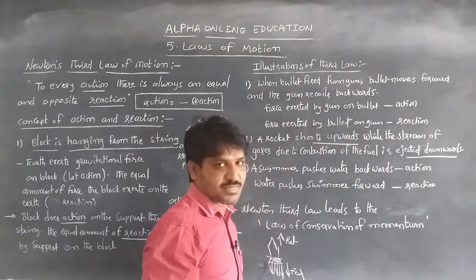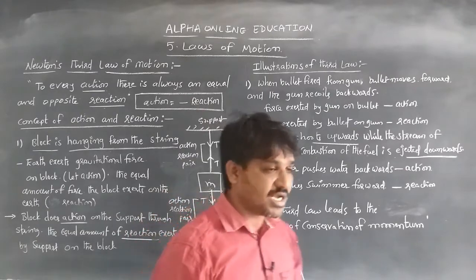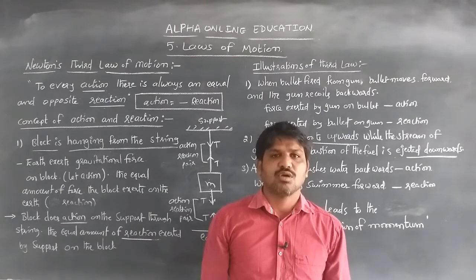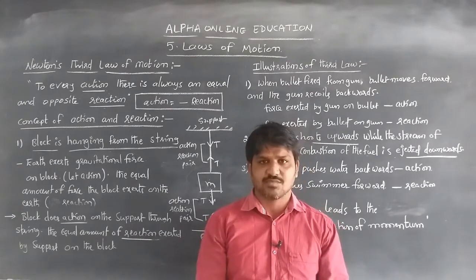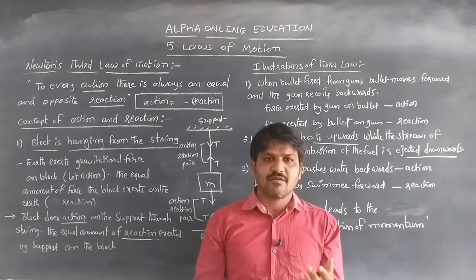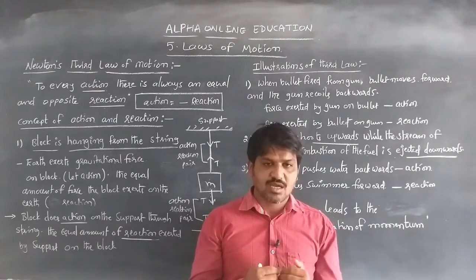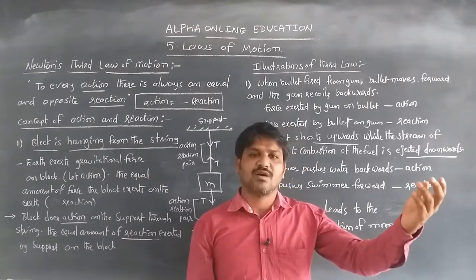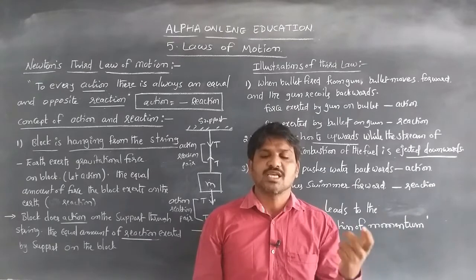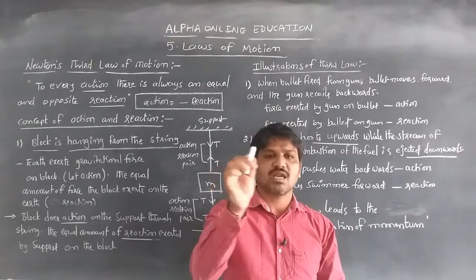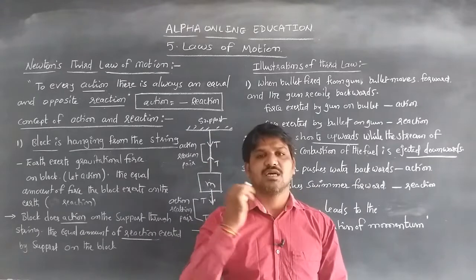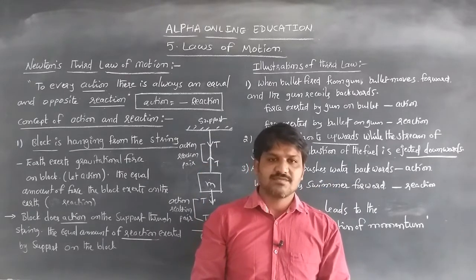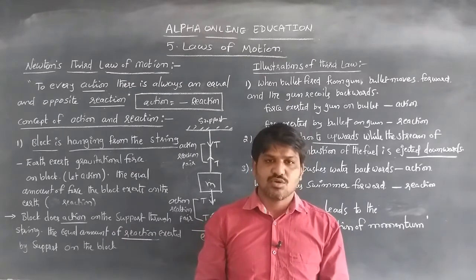a reaction. As well as, we can see that the moon moves around the earth. We know that an equal amount of force acts from the earth on the moon, and the same amount of force acts on the earth by the moon, as action and reaction, so that the moon can rotate about the earth in a specific path. And as well, the earth also rotates about the sun,